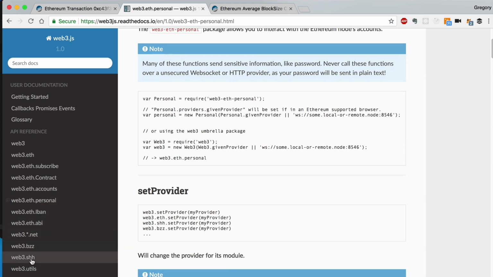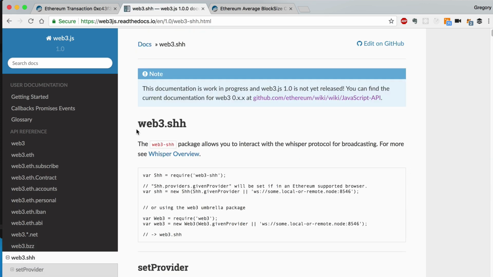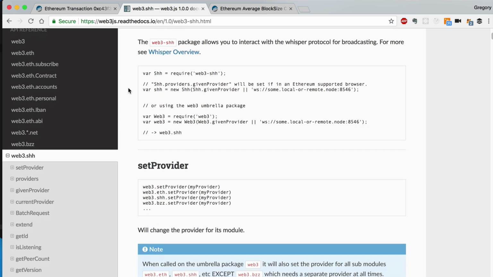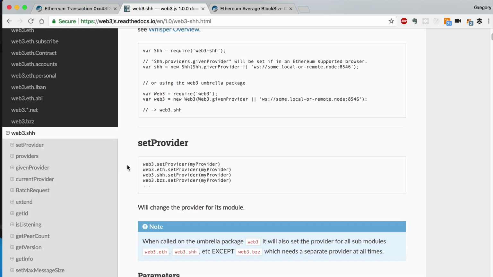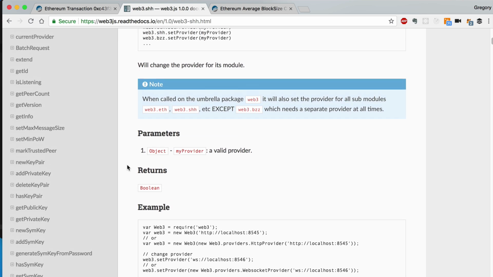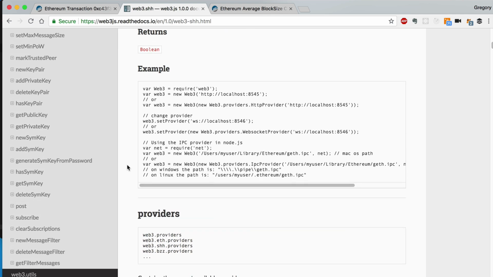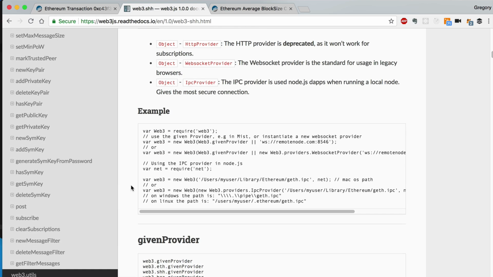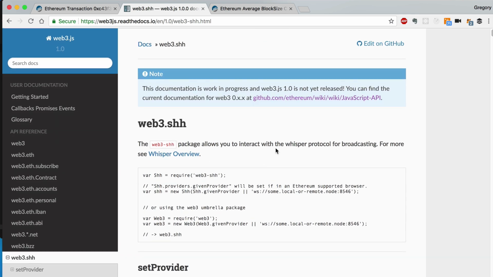Let's see some other things. One thing to notice here is this shh. This is the library for interacting with Whisper. If you're not familiar with Whisper, Whisper is basically a protocol for broadcasting messages across the network, devised as a communication protocol between dApps. But I know people are using it to create chatting applications and things like that. So that's what Whisper is, and this is the part of Web3 that allows you to interact with the Whisper protocol. And if you want to read more about that, you can